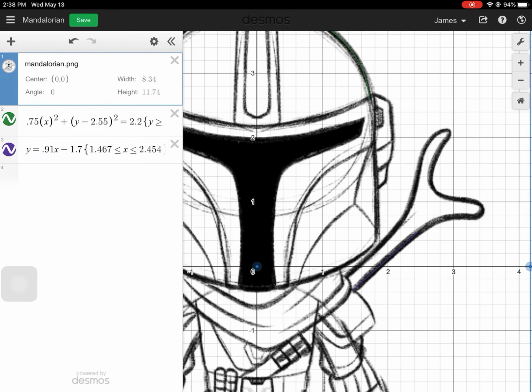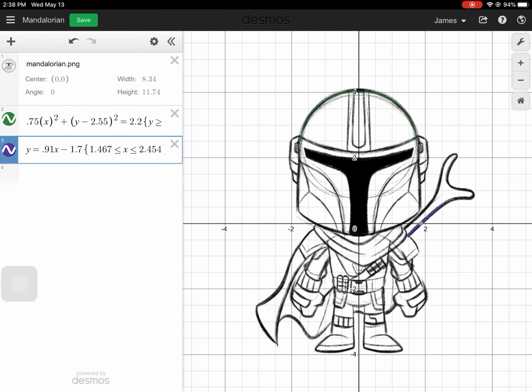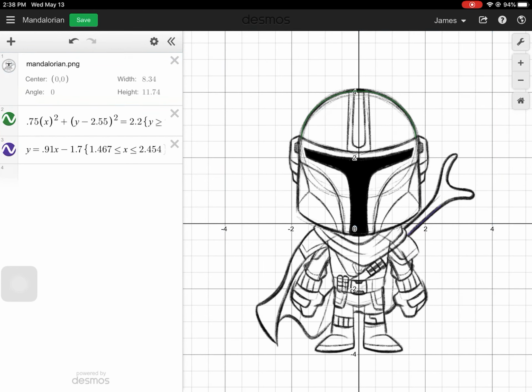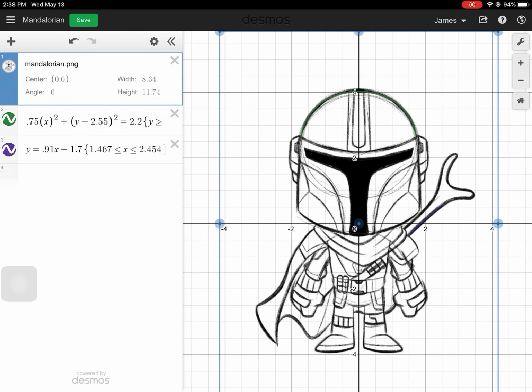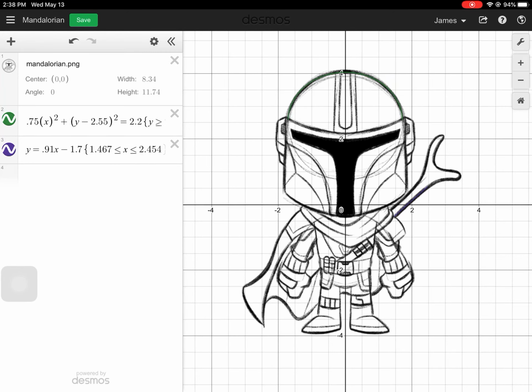And so there you go. So that's the line. You can see it's pretty well covers that part of the picture. And you can turn the picture off and on just to make sure that you're happy with that. And it helps as you start getting more functions in there, and you'll see how it's all